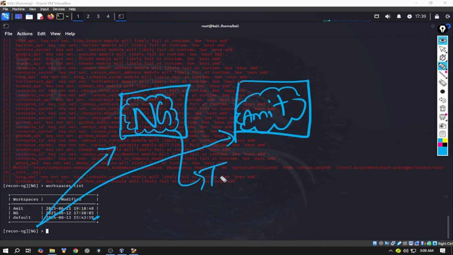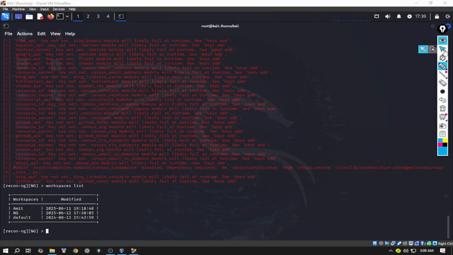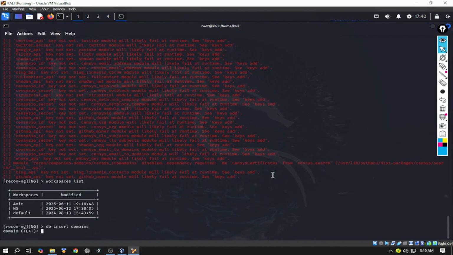Now as it's a new workspace, what I have to do is set my target domain. To set the target domain, I have to type db insert domains. After typing db insert domains, we can see it's asking for a domain, so we are going to give the domain